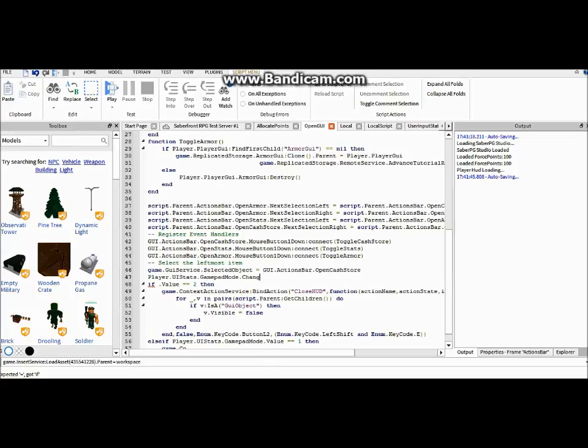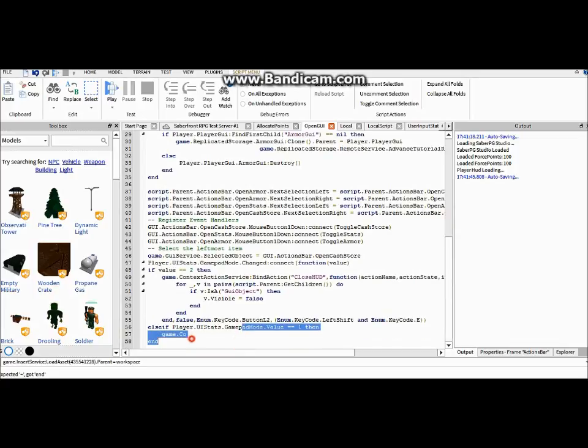Got changed, connect function, value. If value equals 2, then you do that. Now, I'm going to show you what else to do right now. So if you like context action service dot bind action, bind action, sorry, bind action, open HUD,